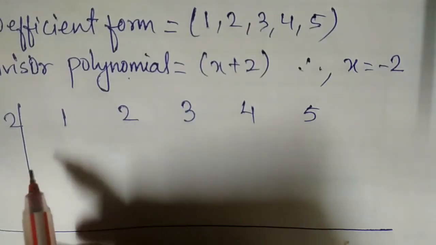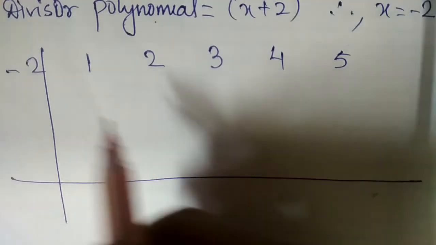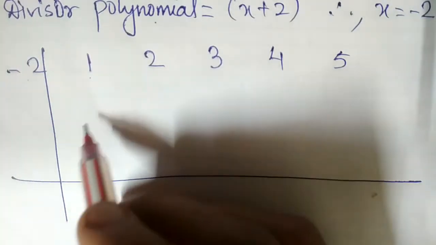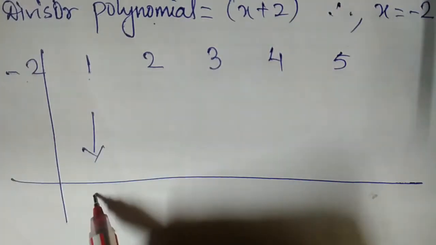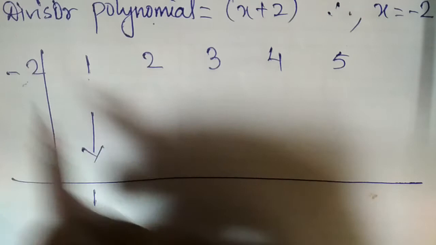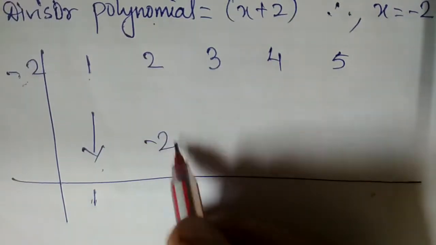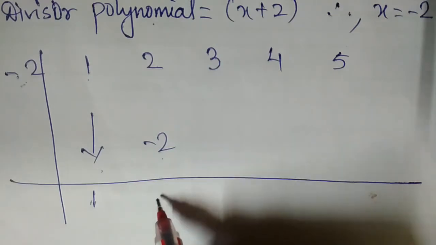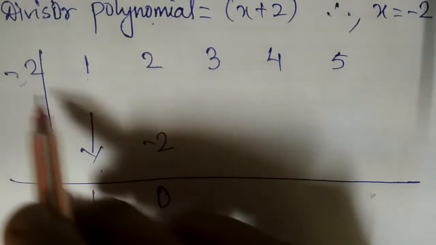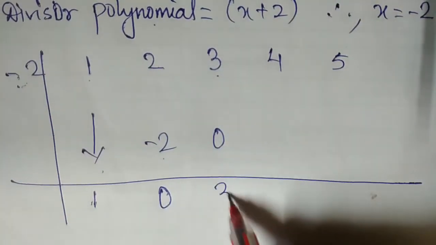So now how to multiply in this synthetic division method. So here as it is, this should be written, the first number. So here it will be 1. Now 1 multiplied by minus 2, that is minus 2. So 2 and minus 2 you will add, we will get 0. So 0 multiply minus 2, what we will get? 0. So 3 minus 0 we will get 3.